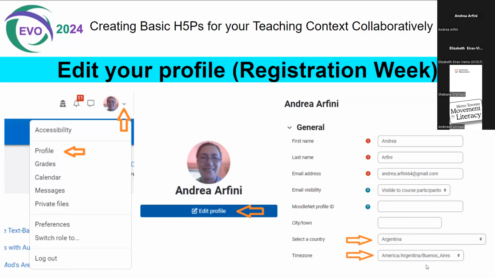You will see that as a block on the right hand side of the course, so you can join the meeting at your time zone. Editing your profile is very important, and you also get a badge for it. As soon as this is done, you should have a badge in your collection of badges.